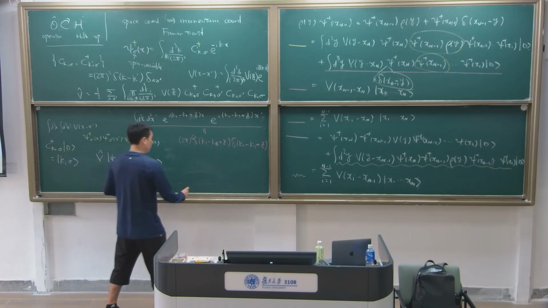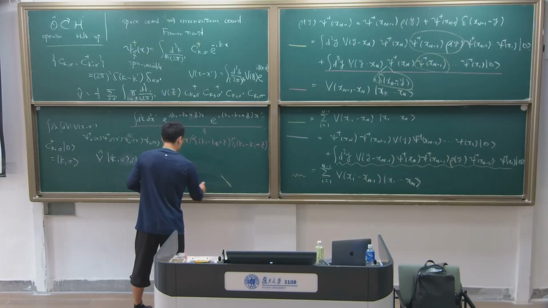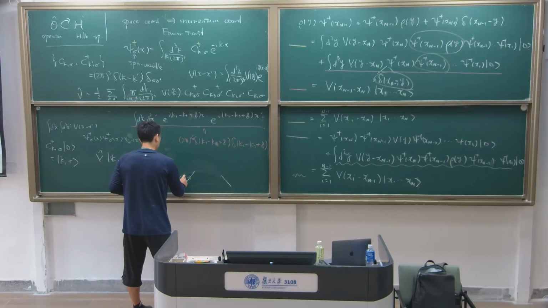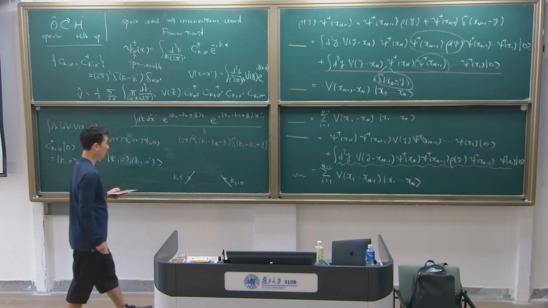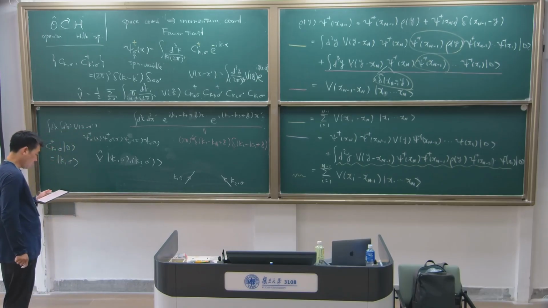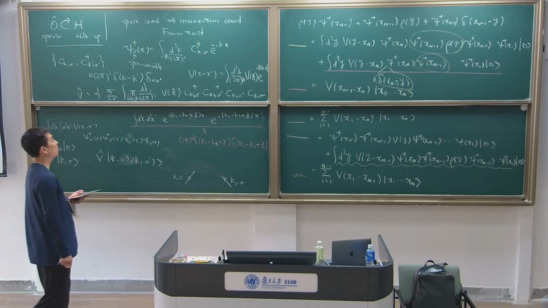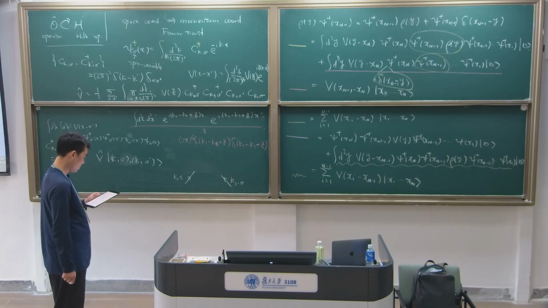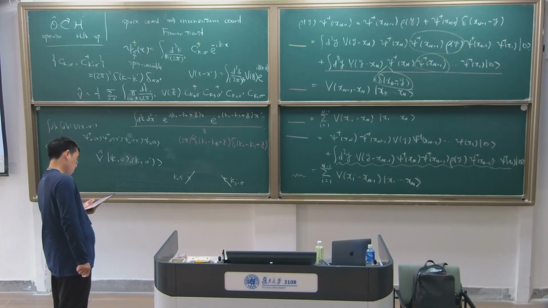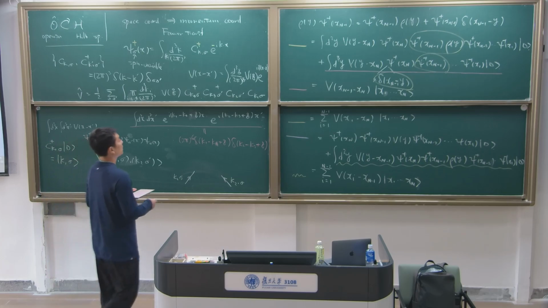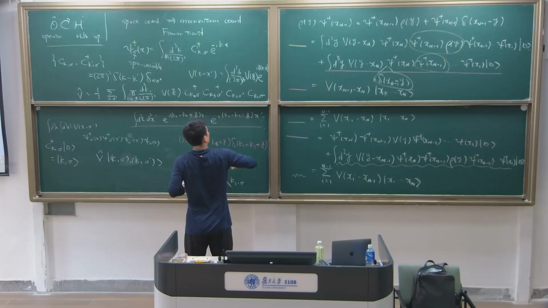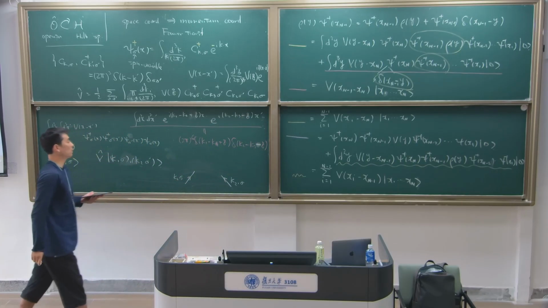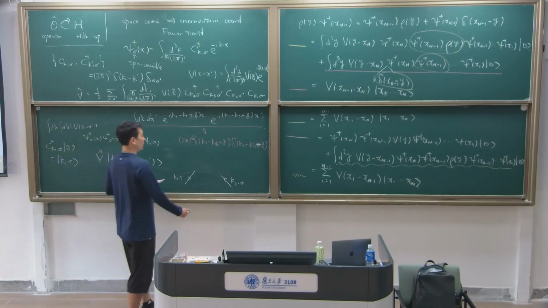This means that if you start with the particle with momentum K1 and sigma, and here you have a K2 and sigma, then, sorry, I think the sign's wrong. So this is the minus sign. This should be minus. So then what you get is that